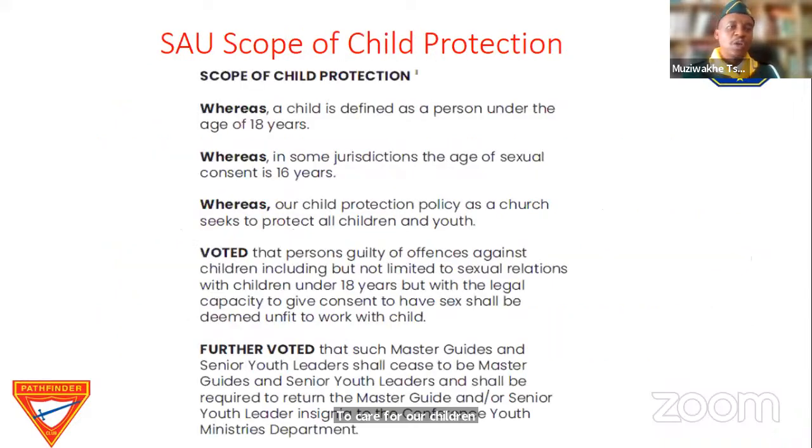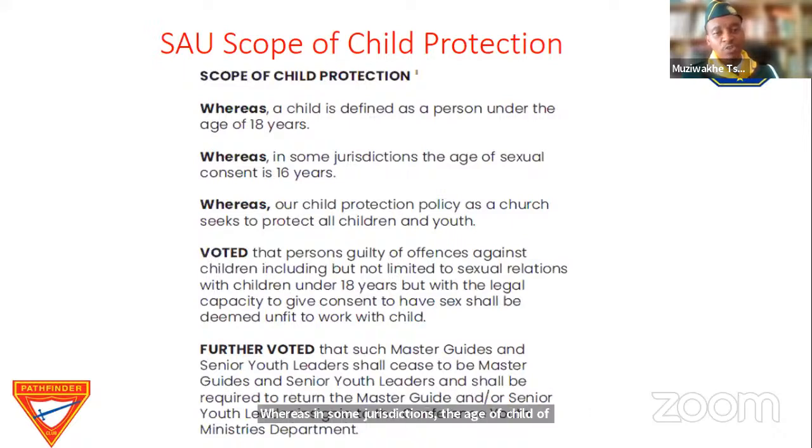Now, leaders, in the child protection course, we need to be aware of the scope of child protection. All right, and this is covered extensively in the child protection course. And the scope of child protection reads, whereas a child is defined as a person under the age of 18 years, whereas in some jurisdictions the age of sexual consent is 16 years,